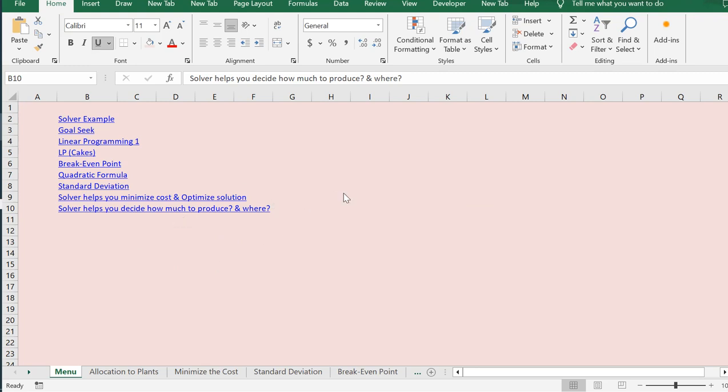Just for example, I just want to give you an example of how simple it is, and how precisely, how nice support is available within Excel for the Excel users when they want to take help from Excel to make the decision. Like, for example, you have got four plants,